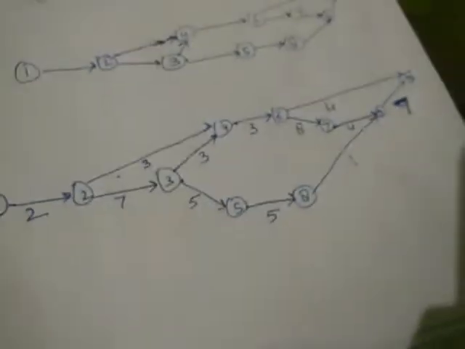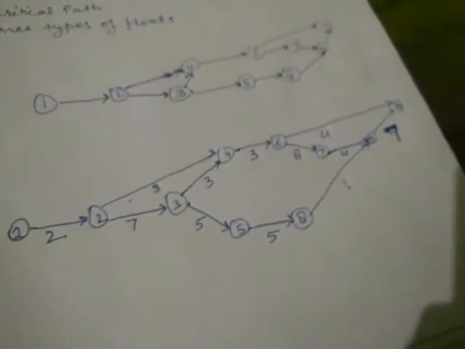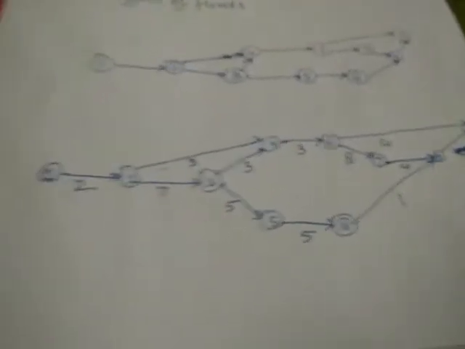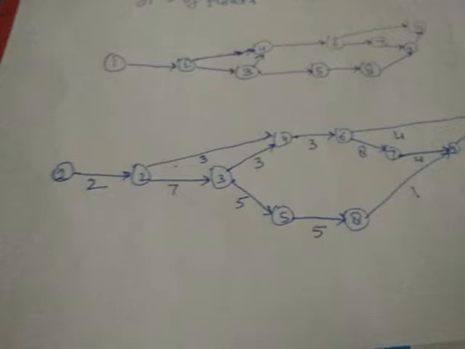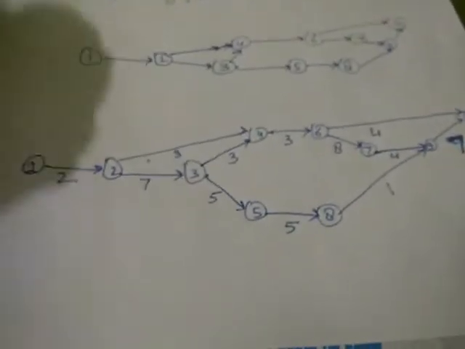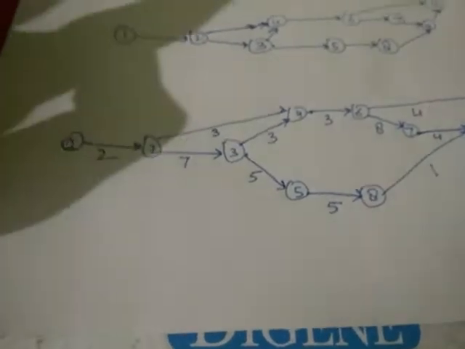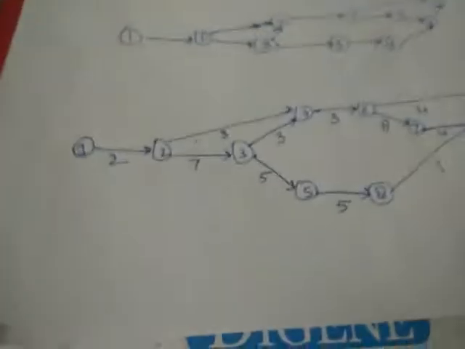Now we have just converted this information into the form of a diagram. Till now we have done nothing. We have just converted this information into the form of a network diagram. This is the only thing we have. Now we will proceed to find out the answers of the asked questions like project completion time, critical activities, critical path, and 3 types of floats.